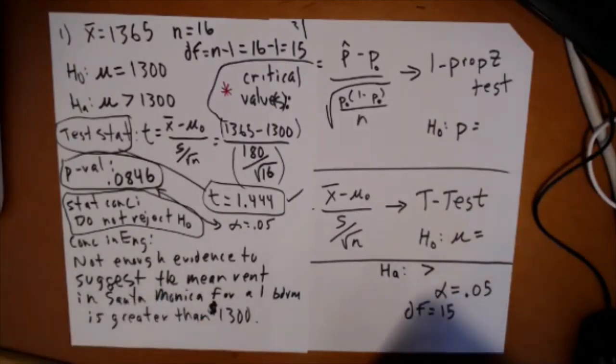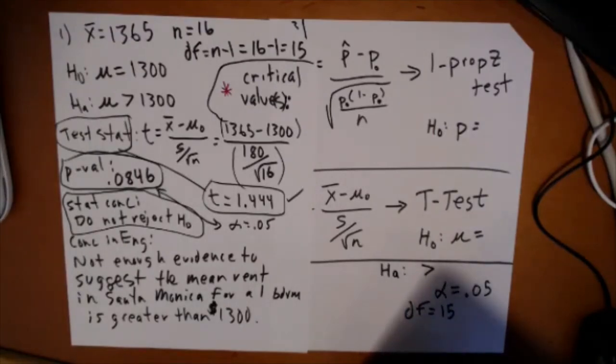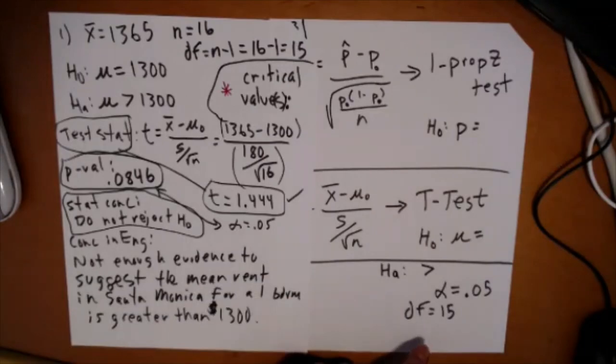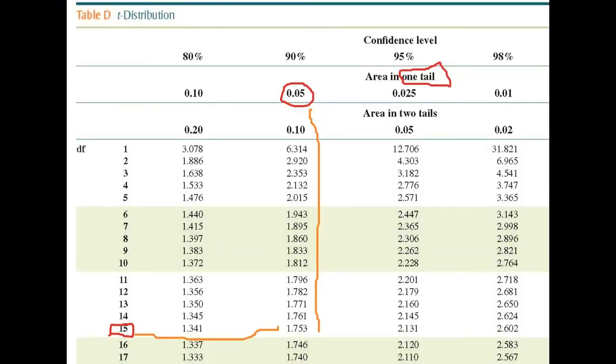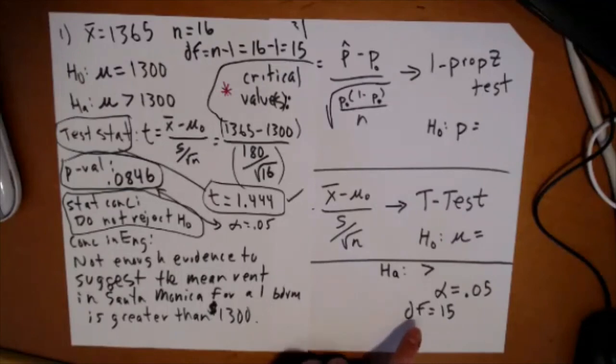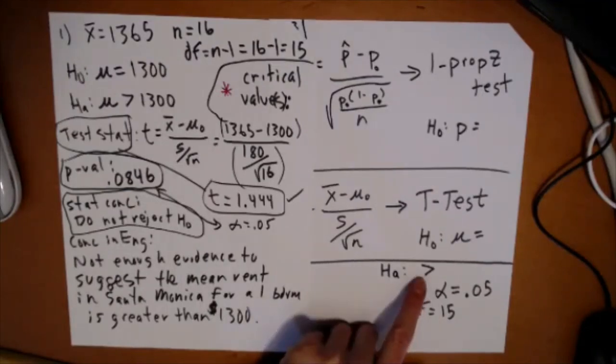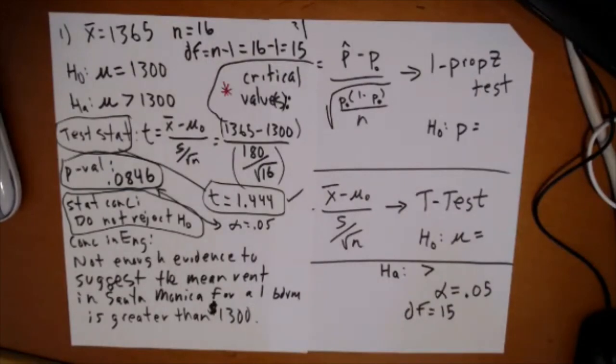You'll see on the next problem number 2, make sure you watch when I find the critical values for problem number 2, you'll see that we just make things negative. Okay, so I'm going to go to my t-table. I'm going to insert a picture right now. Go to DF 15, go to area in one tail, .05, and you should see the number